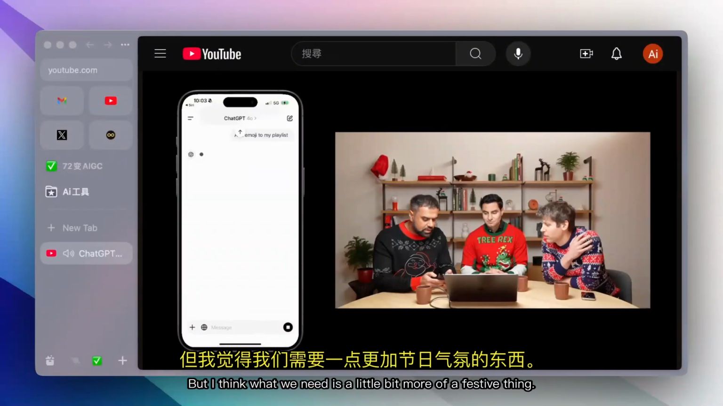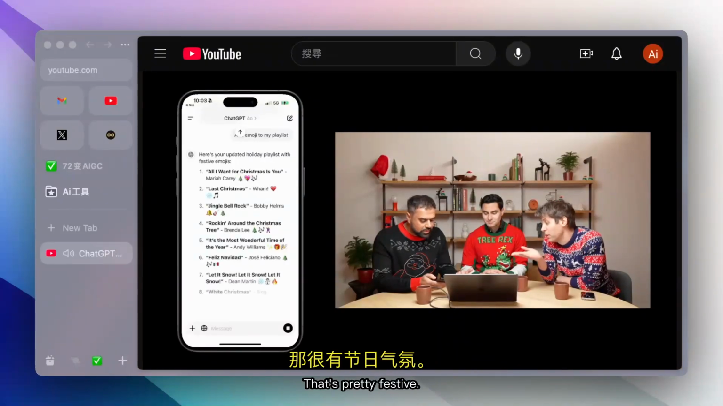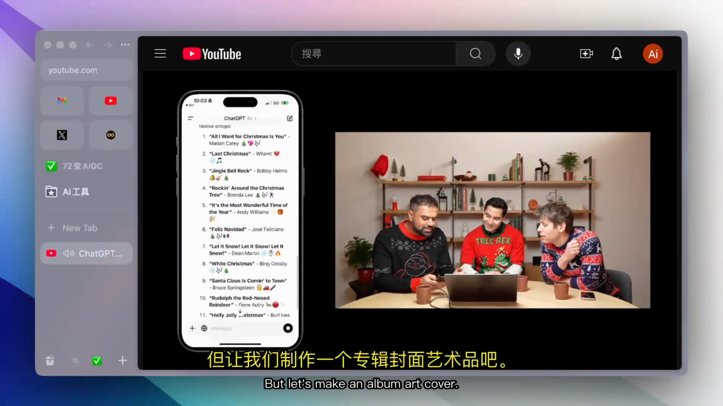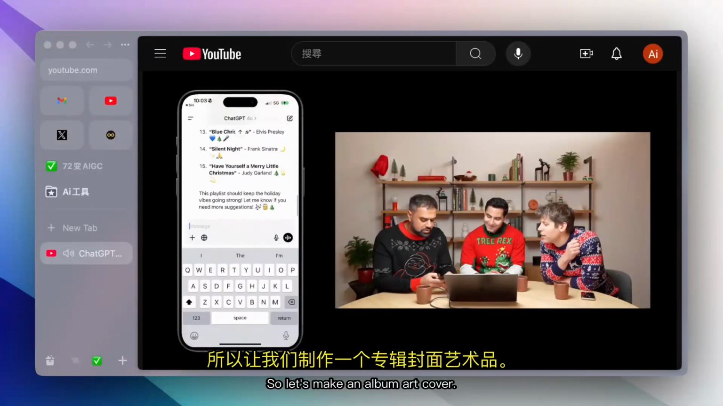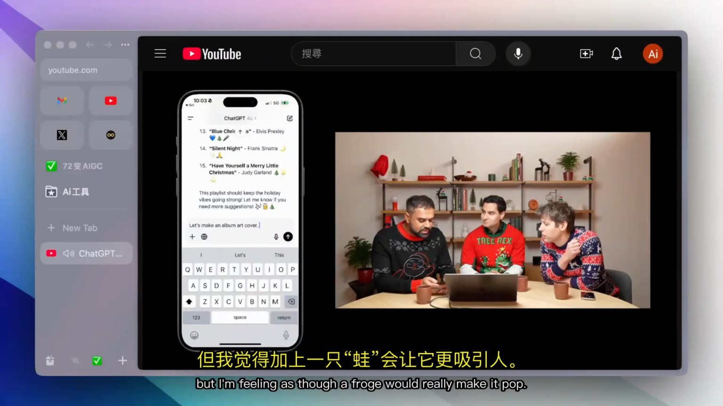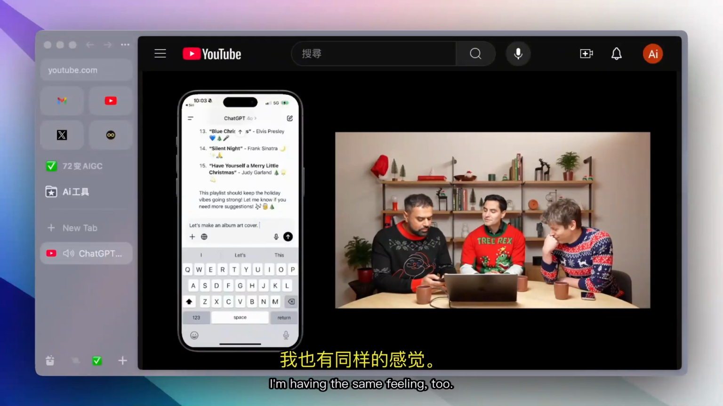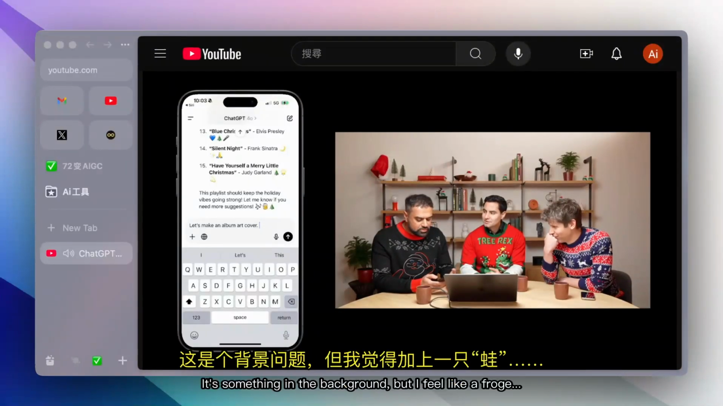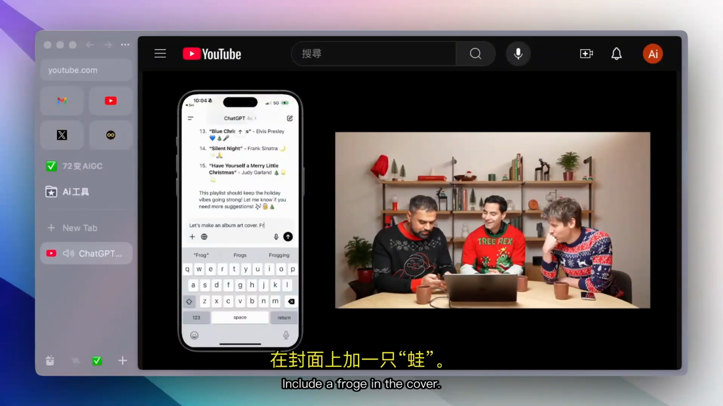And it'll do that. But I think what we need is a little bit more of a festive thing. So I'm hoping this is festive, but let's make an album art cover. And for some reason, I don't know why, but I'm feeling as though a Froge would really make it pop. I'm having the same feeling too. Yeah, I don't know, it's something in the background, but I feel like a Froge, include a Froge